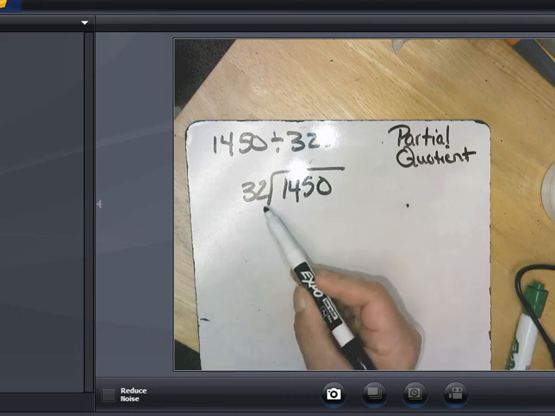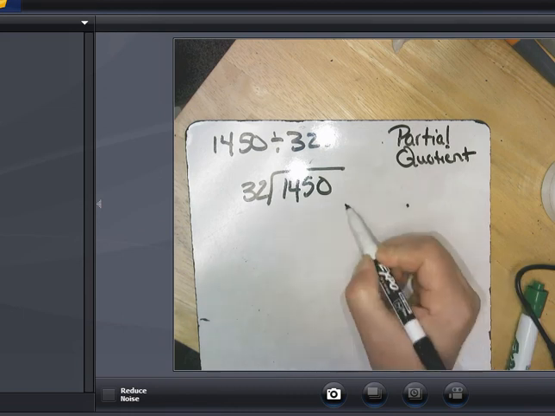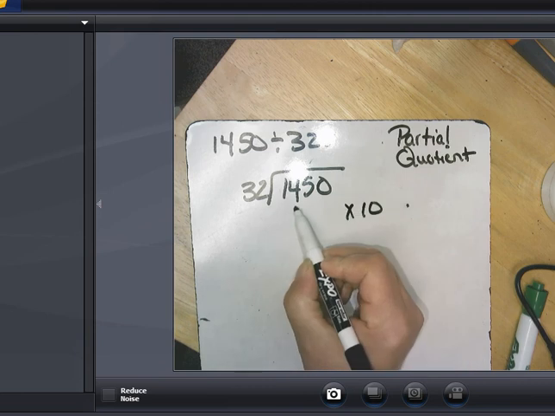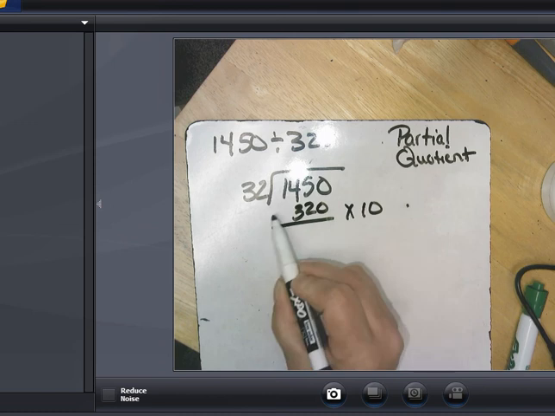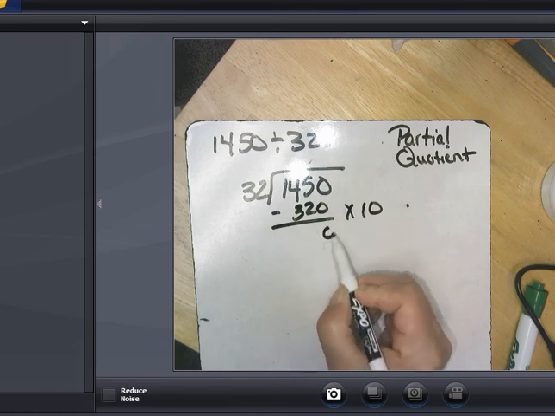No, way too much. So I have to go back to times 10. So 32 times 10 equals 320. So now I subtract, just like I've done before. And I have